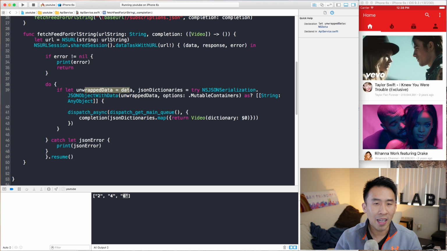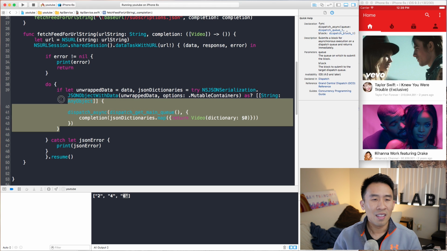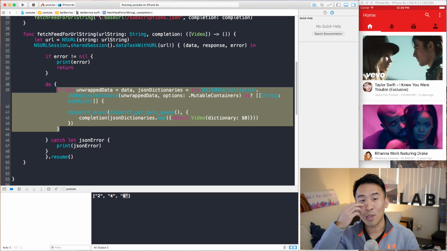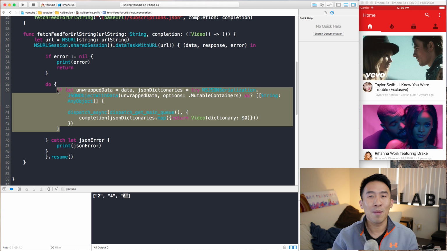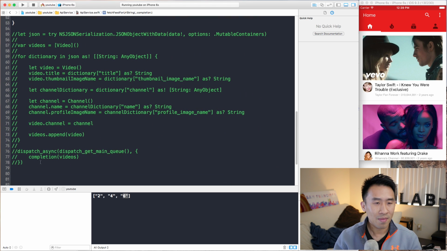First, we unwrap the data, and then we unwrap the JSON as an array of dictionaries like this. And then we call dispatch async with, I guess, 2 parameters, the main queue parameter, and then the completion block of the actual videos array. So that probably counts as 2 or 3 lines. And altogether, this is roughly maybe 4 to 6 lines of code perhaps, but it's definitely reduced compared to all